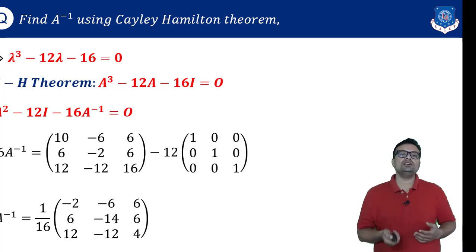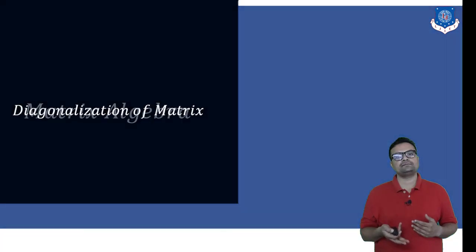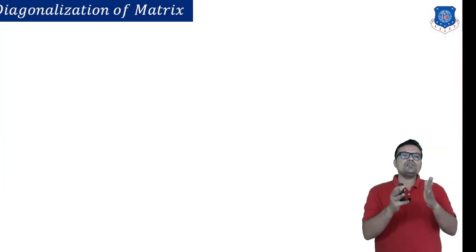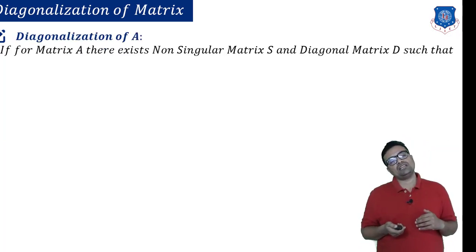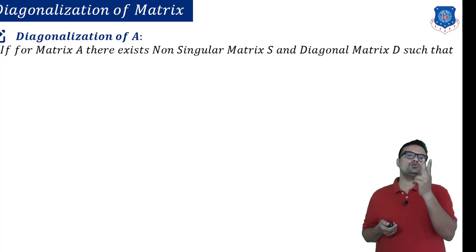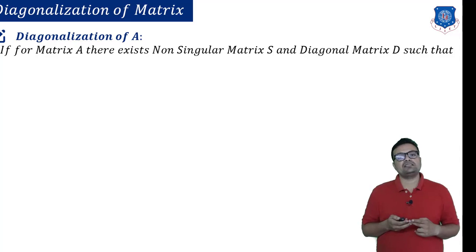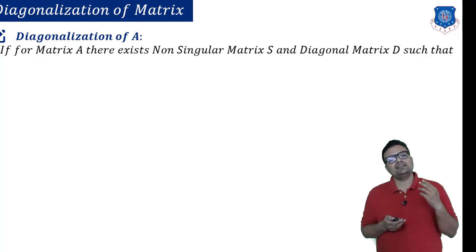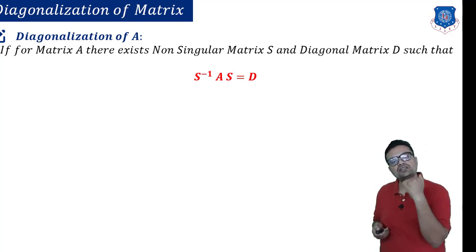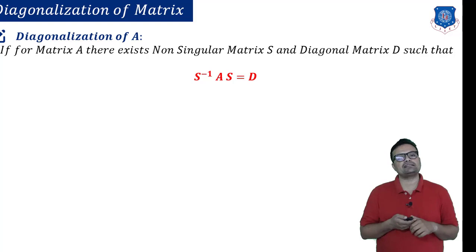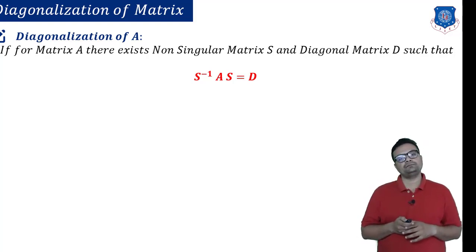Okay, now we'll move to the next part of application, which is known as diagonalization of the matrix. Why are we going for this thing? Why diagonalization? See, first of all, diagonalization of A is determined by these two components, capital S and capital D. Capital S is nothing but a non-singular matrix such that whenever you take S inverse AS, it will result in D. D is the diagonal matrix. This is known as diagonalization of your matrix A.